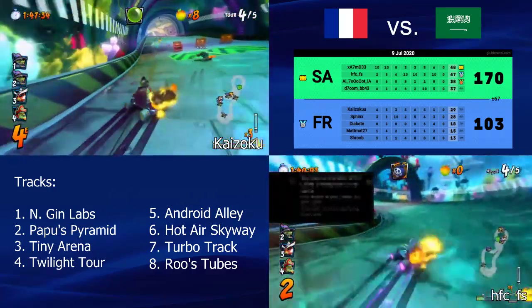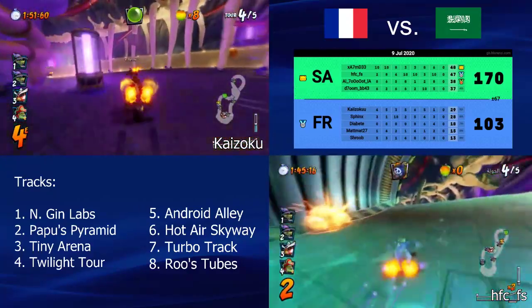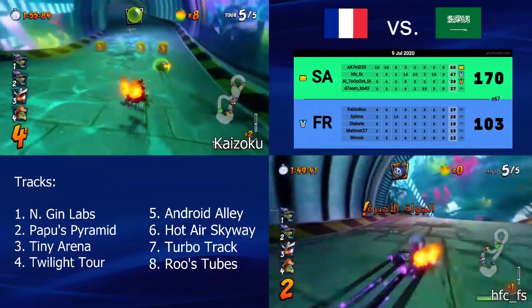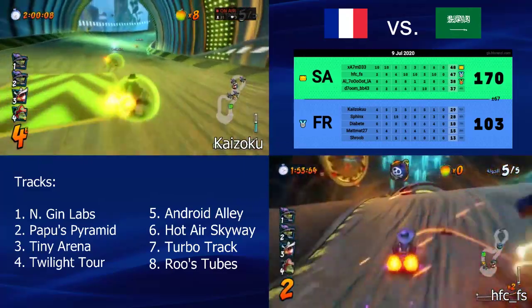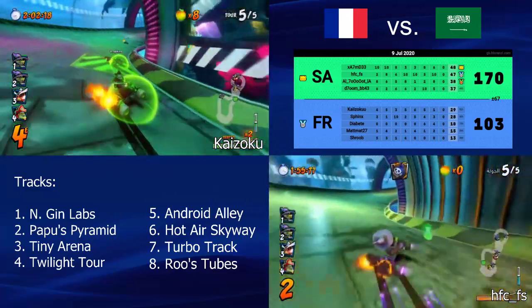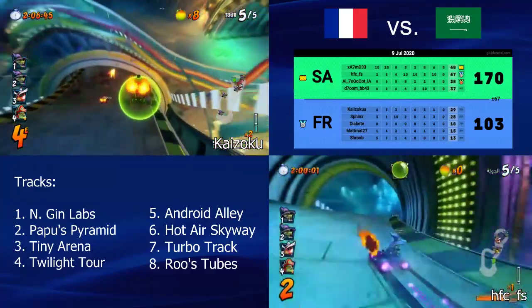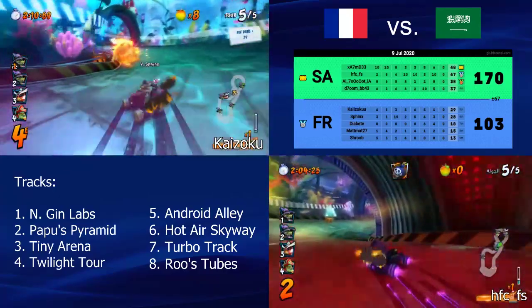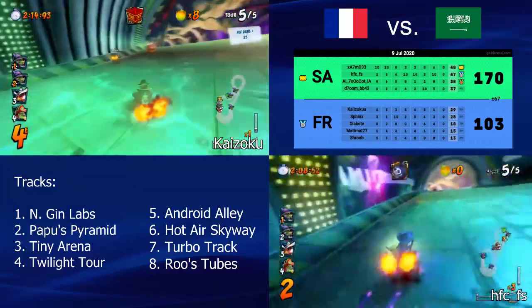I mean, Kazuku is getting a lot of shields, but these shields aren't really helping him, you know. And his teammate is in front of him, so he can't really use that shield to gain anything. So this is looking like a top 2 here. Unless... that missile... Oh no, the missile... Oh wait, the missile actually hit him. Nice. Very good missile snipe.